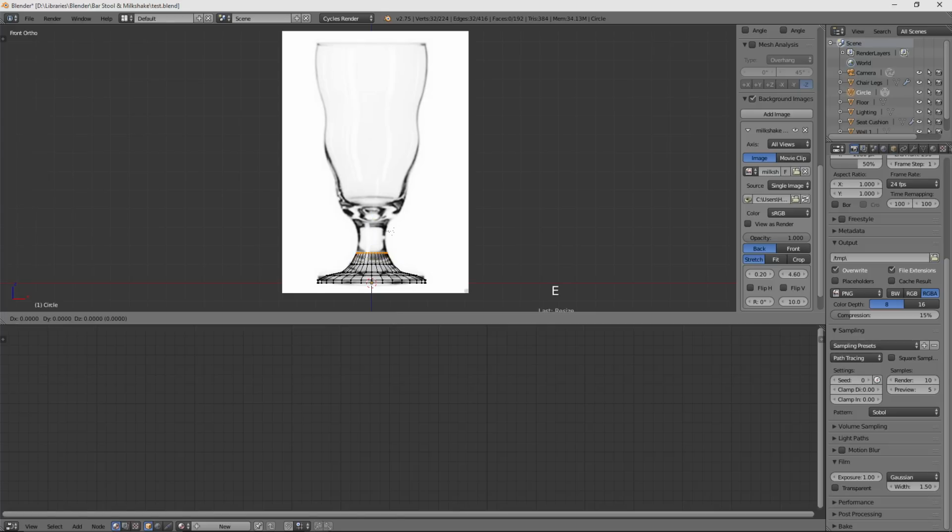So again, extrude, Z, and I can come up pretty far on this one because it doesn't change its width that much. I'm not going for extremely detailed as usual, but I'm just extruding up and then scaling in or out. Extrude, Z, up, and then scaling out.